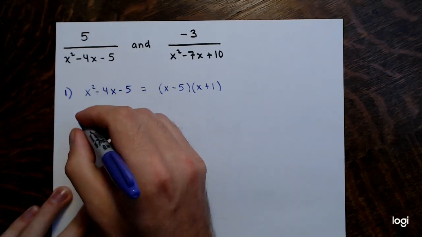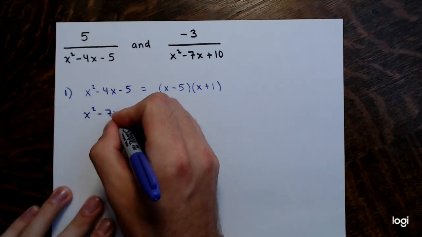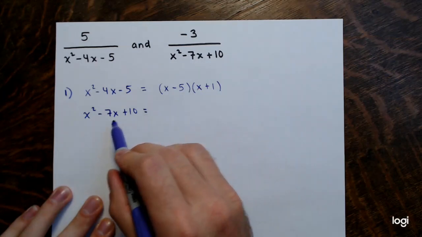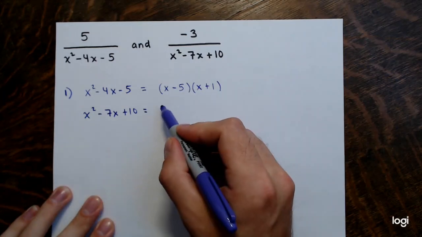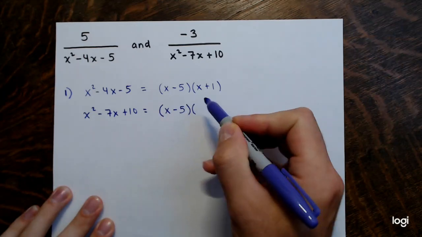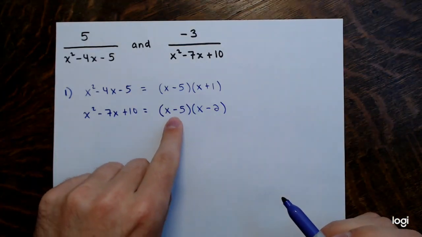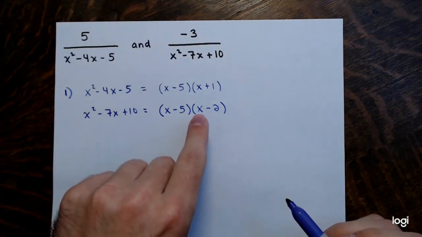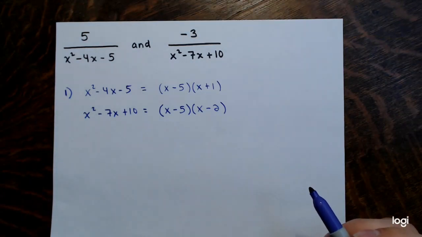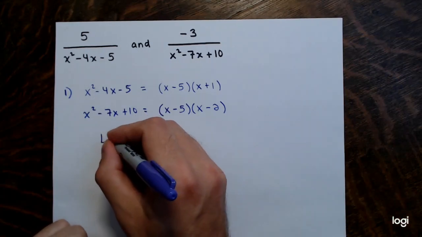Okay. Then the other denominator, x squared minus 7x plus 10. Same deal, factoring a quadratic trinomial. This would factor to x minus 5 times x minus 2. So two factors: the factor x minus 5, which again I'll treat like a prime, and the factor x minus 2, and we're done factoring. So I factored them completely. So the LCD